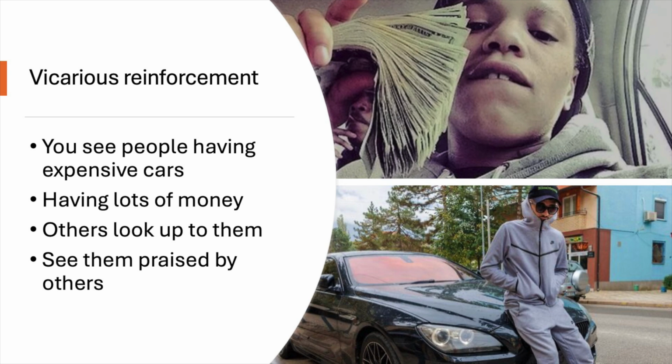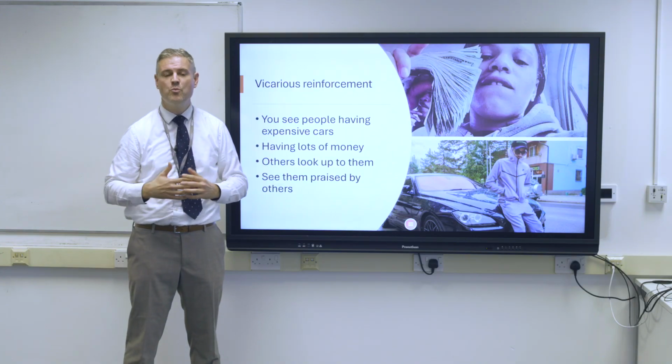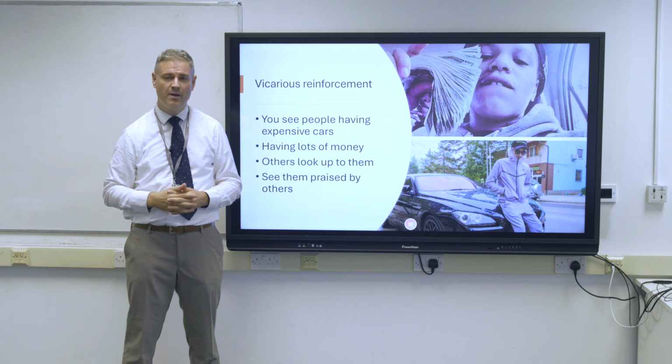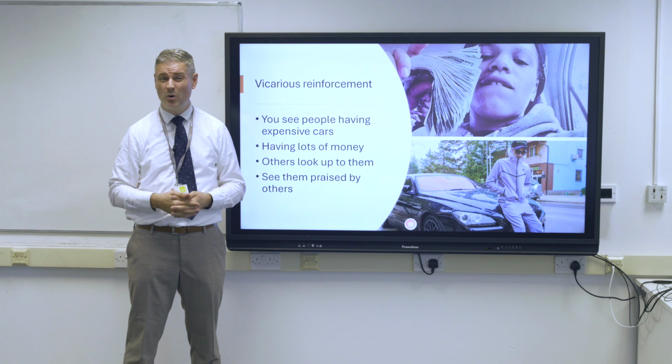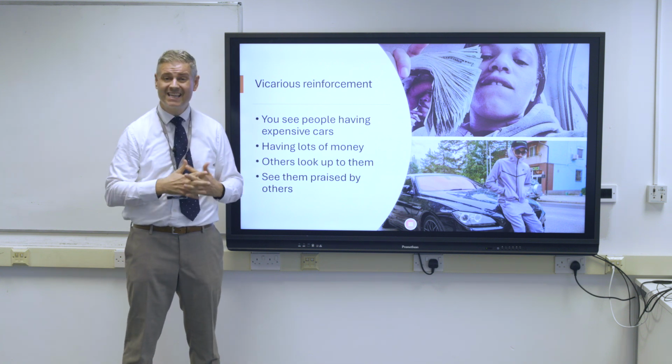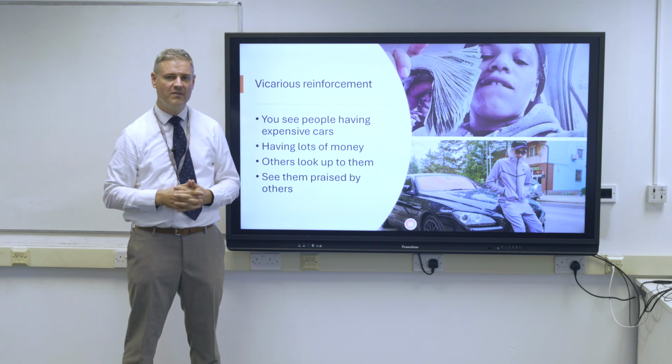And as you can see on my clip here, we've got various clips. So we've got here a young man showing how much money apparently he's earned. And then you've got another young man showing that he's got a really posh car. And this happens a lot on social media at the moment, where people that are members of gangs constantly show how much worth they have, how much they're getting out of it. And so this then means those young people looking at this see it as rewarding. They see it as rewarding because they can get these similar things. Now, obviously, they only show one side of it, but that's the side that they're witnessing.